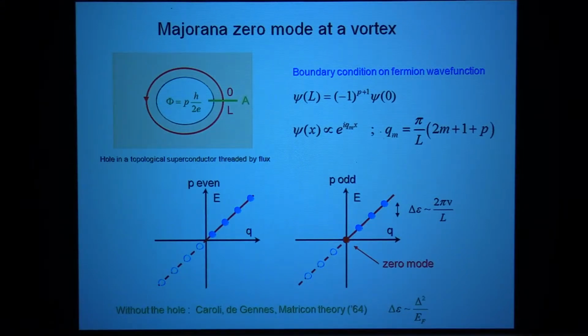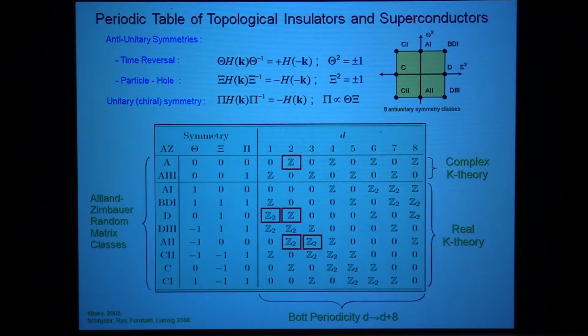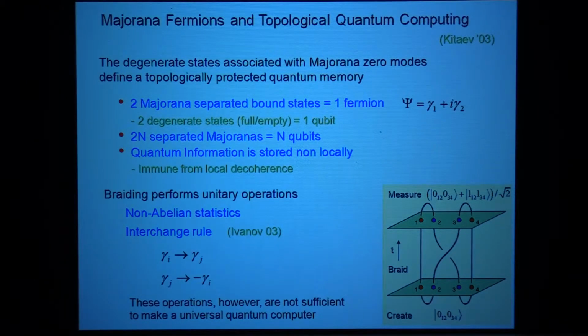So the intrinsic particle-hole symmetry squares to +1, but if you have spin rotational symmetry, then you can have it square to -1. Okay. All right. Okay. So